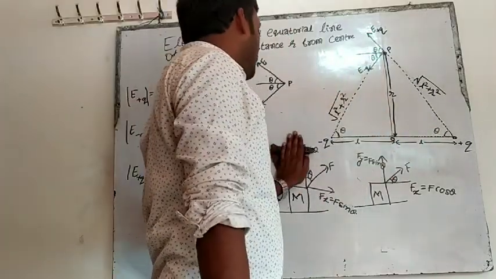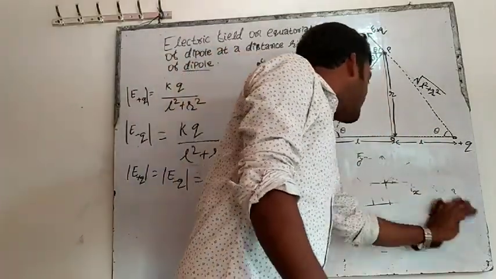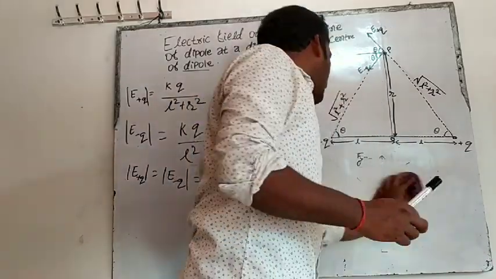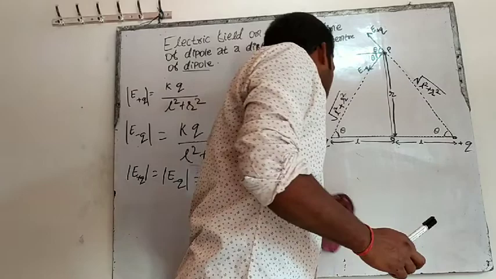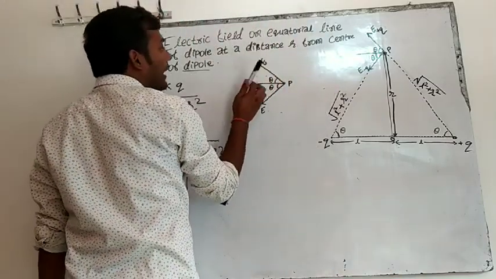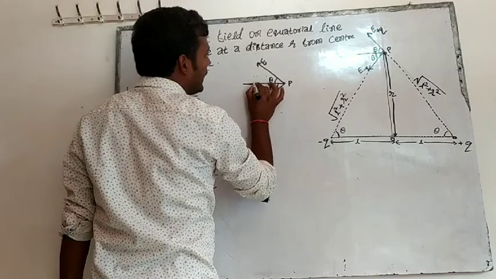Like this, we will make the components here. And how will we make the component? First we will ask: is this making an angle with X or Y? And this one, with X or Y? On the basis of that, we will take the component. Here, see, this electric field is making an angle with X. This is the negative X axis, right?